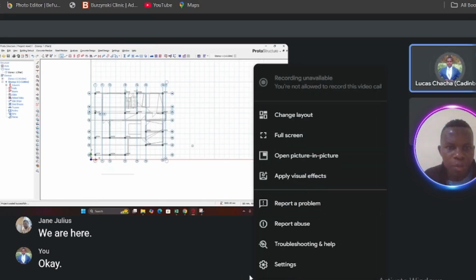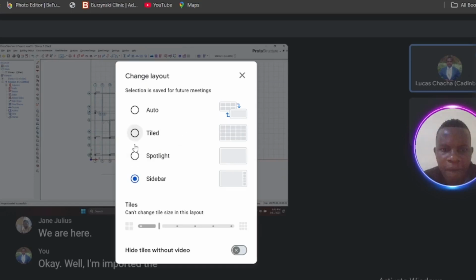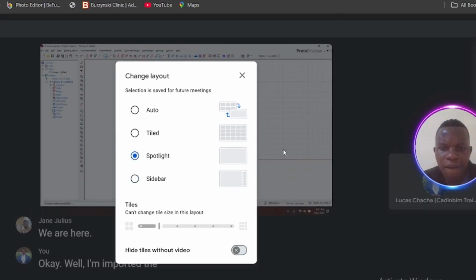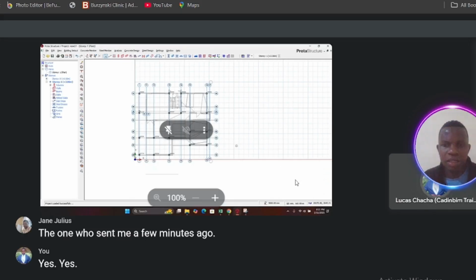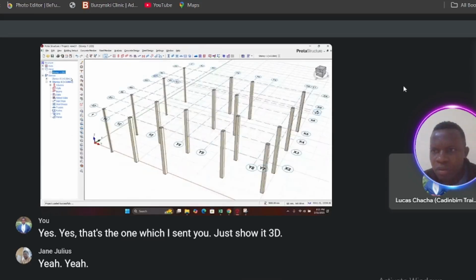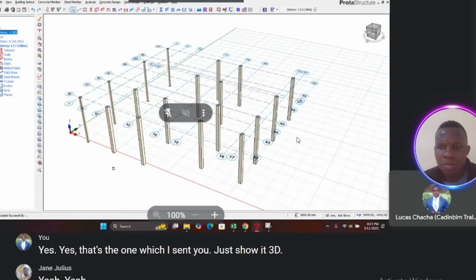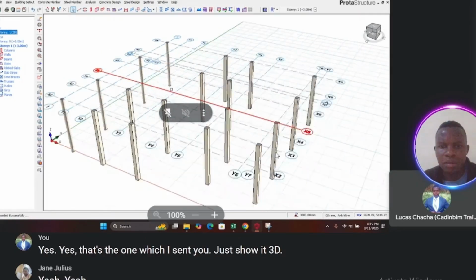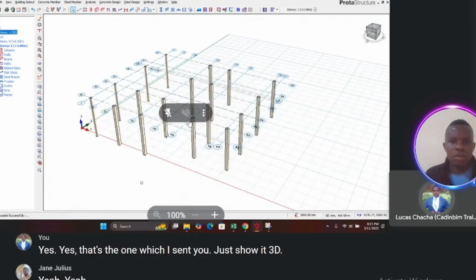So have you imported the one you've sent me a few minutes ago? Yes, that's the one which I sent you. Just show it in 3D. Okay, so